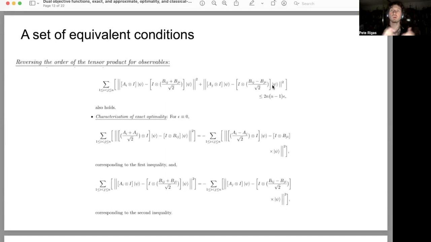But besides the first two equivalent conditions that I gave in the previous slide, which are allowing us to characterize epsilon approximality for CHSH of n games, as well as epsilon approximality for the 2XOR game, given this epsilon threshold, there's also another type of inequality which can be pretty intuitive, that we should be able to conceive of, which is relating again to reversing the order of the tensor products for observables, namely the order in which certain observables that players can gather for a game would actually appear in the summation, in the superposition of the squares of the L1 norms, which we're upper bounding with some type of constant,